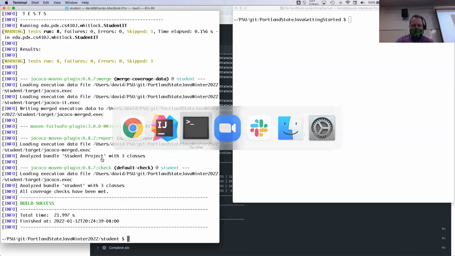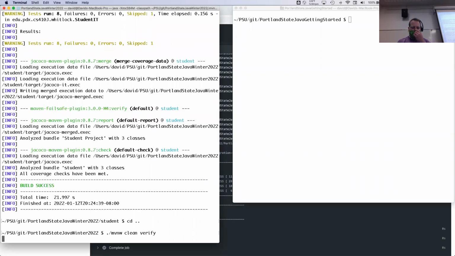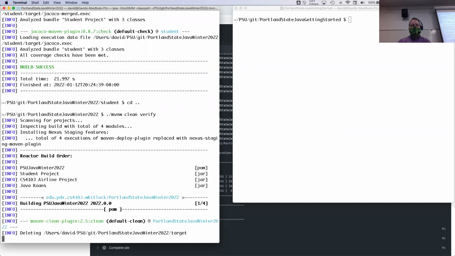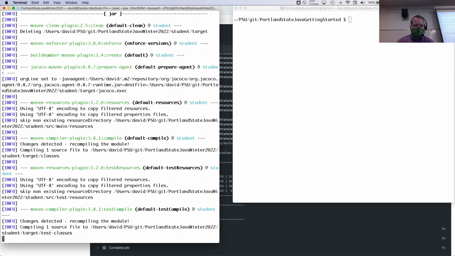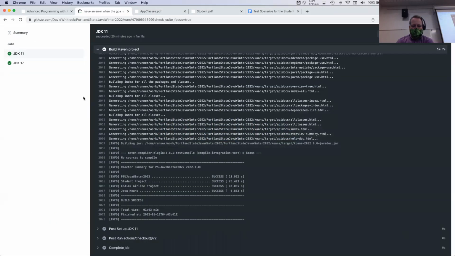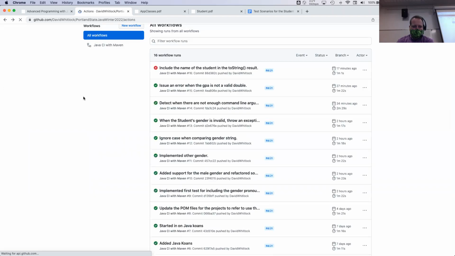It's the same thing as just running a Maven clean verify from here. And what this does is it runs my tests automatically and detects when things go wrong. Well, as it turns out, because I forgot to disable that test in the last change I made, it has a red X next to it because,